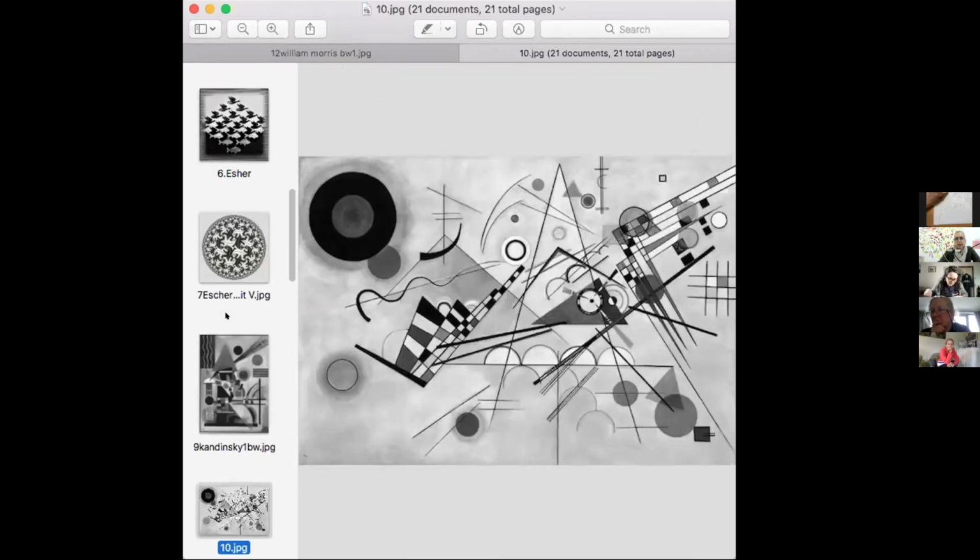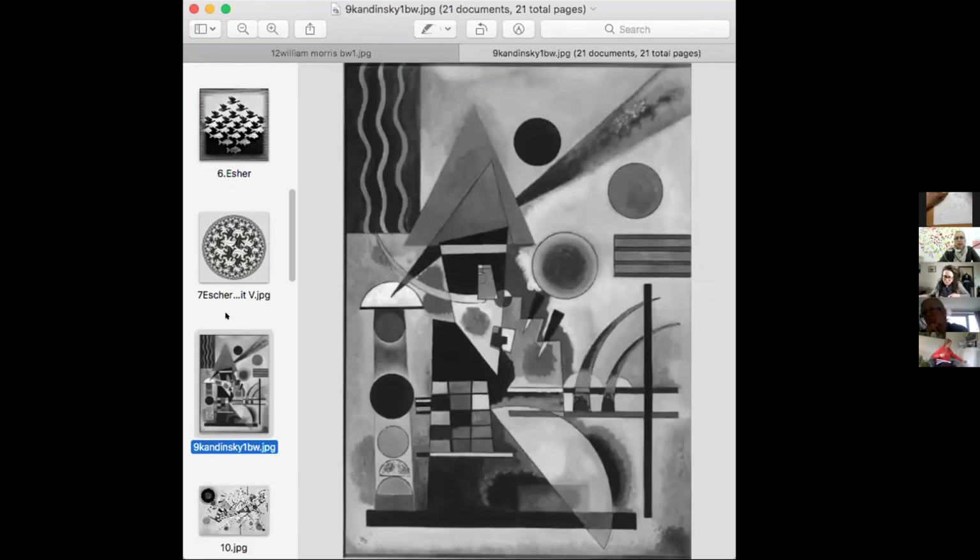It would be really good to see somebody like him, how you can see the darkness of the lines around his forms or the circles, and what the contrast does in this piece of work.